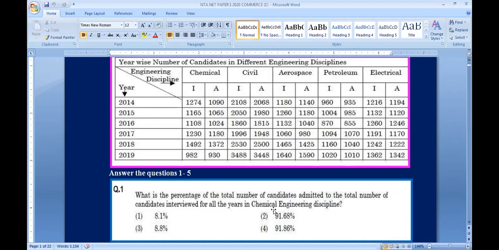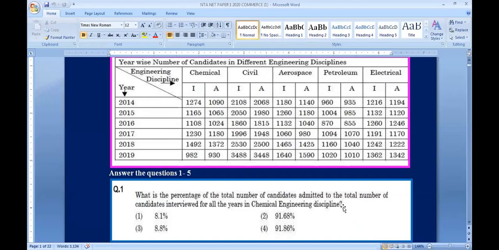But unfortunately, people start reading what is there inside. It is none of our business. Let it be whatever the data may be. In this question, what are they asking: